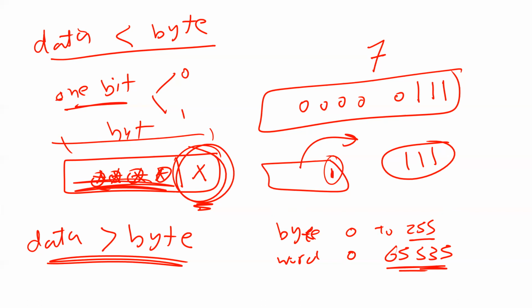Okay. So what if my data is greater than a byte? I need something greater than a byte. I'm going to measure something, and what I'm going to measure can be more than 255. In this case, it can be a word, right? Or it can be greater than a word, but here in this course, most of the time it's going to be a byte or a word. Even a word has a limit. It can store from 0 to 65,535. Is that okay, guys?